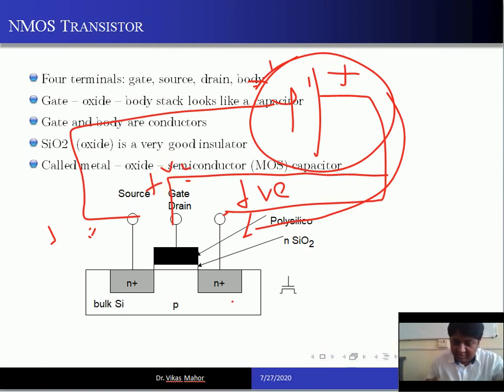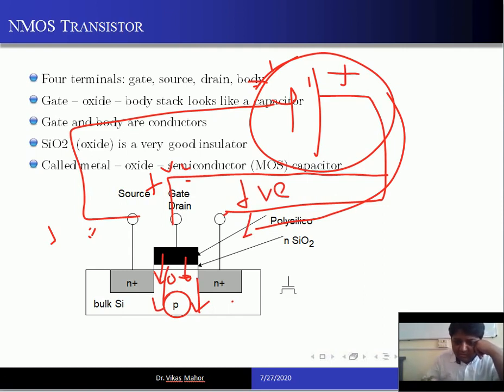Fine. Because of this positive electric field, this is P-type. What will happen because of this positive electric field? This has majority charge carriers as holes. So what will happen to these holes? These holes will be repelled. Why? Because similar charges repel each other. You all have studied this. So positive voltage will repel holes. It keeps on repelling holes. Now will it conduct?